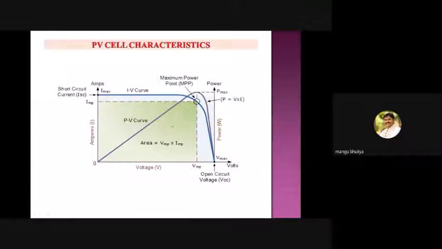So we have to identify whether the operating point is before MPP or after MPP, and after that I will take the corrective action. Suppose my operating point is here, after the MPP point. What action do I have to take to reach the peak power? I will decrease the voltage across the panel gradually, and ultimately I will reach the peak power.